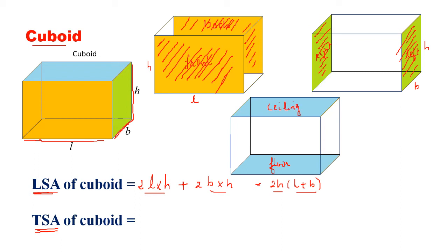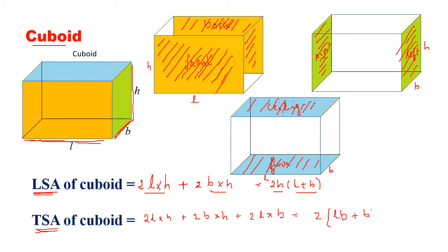So how should I do that? Now you can look at the floor. It has got length L and breadth B. So the area of the floor is L into B and area of the ceiling is also L into B. So total surface area, I will write again, is the area of the 4 walls plus area of the roof and area of the ceiling. So the total surface area of a cuboid, meaning the room in which you are sitting, is 2 (LB plus BH plus LH).